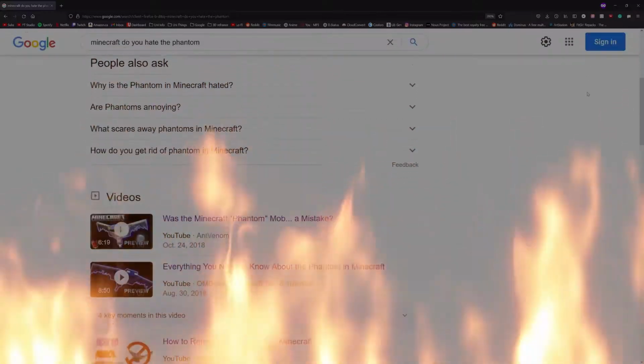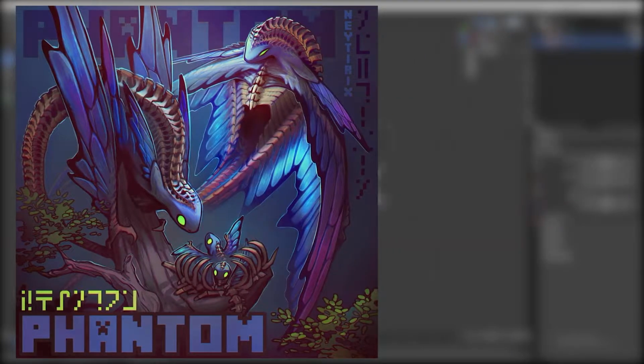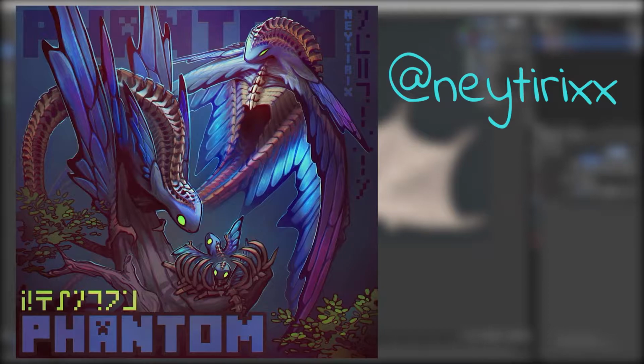In this video, I decided to redesign everyone's favorite Minecraft mob, the Phantom. Now this mob gets a lot of hatred in the community, and if I'm being honest, I'm not sure why. So while looking for ideas and references for this project, I came across this beautiful art done by Neytirix. Their socials are in the description, go check them out, and decided to try and make the Phantoms just as